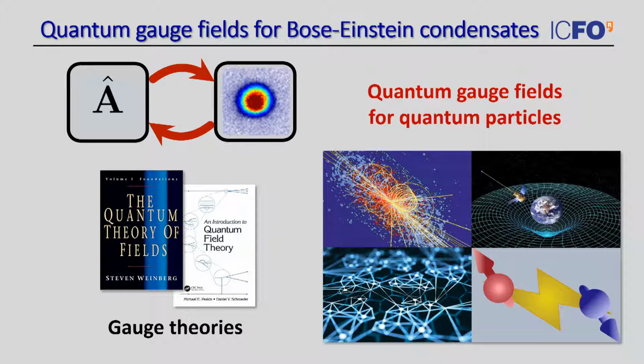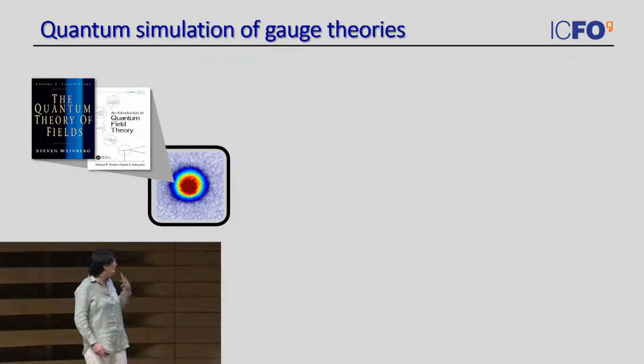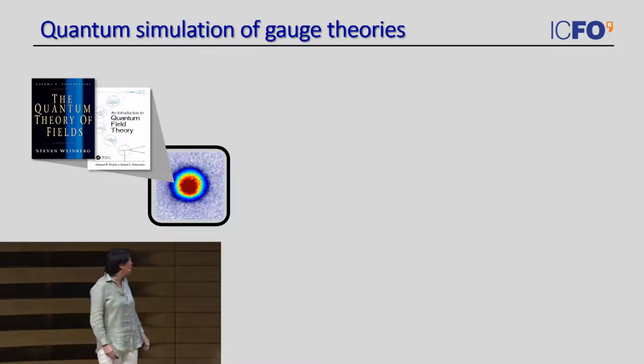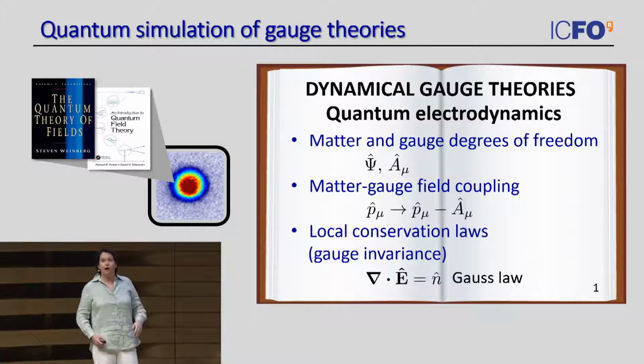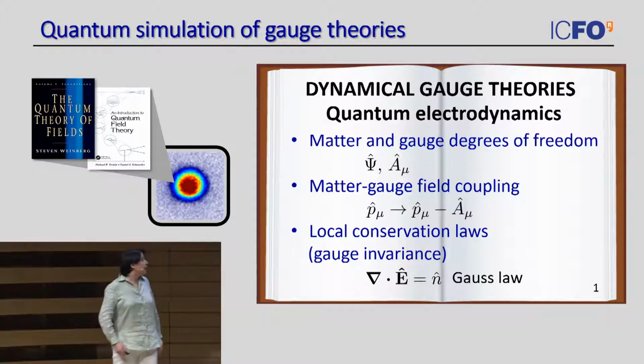And even in quantum information science, if you think of Kitaev's toric code and error correcting codes, Kitaev's toric code is nothing else than a Z2 lattice gauge theory. So it seems that if we could get our Bose-Einstein condensates to speak this language of gauge theories, we could greatly expand the scope of problems that we can tackle by quantum simulation. And this is really what motivates us to open these quantum field theory books to figure out what are the ingredients that we need to engineer in the lab to make our cold atoms realize a gauge theory.